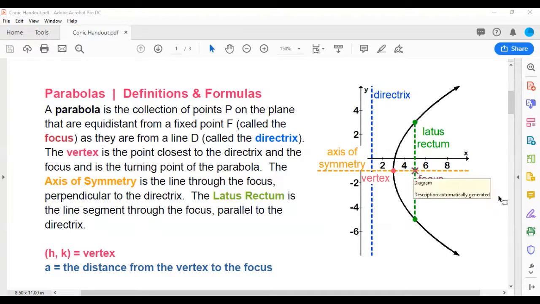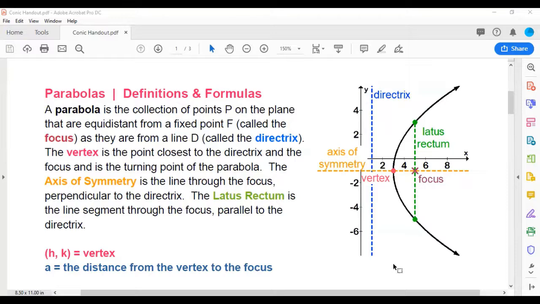And then the last part of this image is the axis of symmetry, and that is, as we always know it to be, the line through the center of our parabola, so it's perpendicular to the directrix or the latus rectum. And if we fold the parabola about it, it matches up perfectly. So those are all the terms. The one thing I didn't mention are the coordinates of the vertex, that's H, K, just like in the old times when we looked at a parabola more algebraically, we had its vertex as H, K, so we're going to continue with that